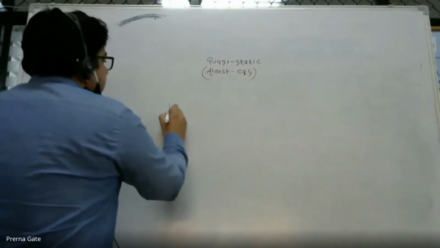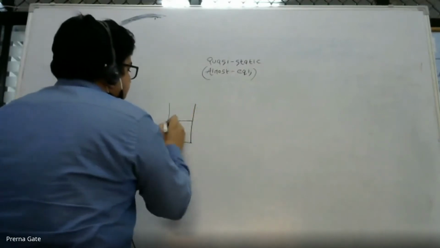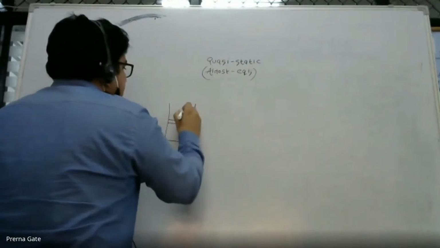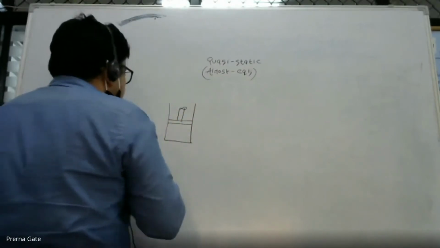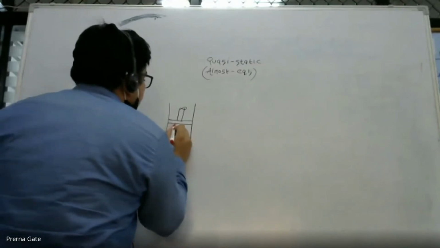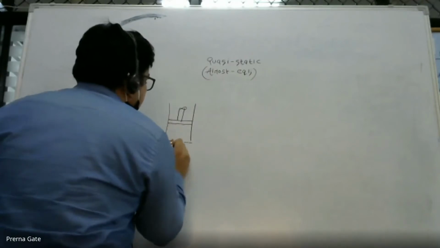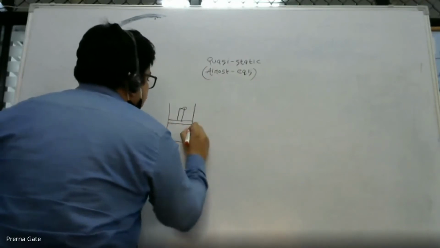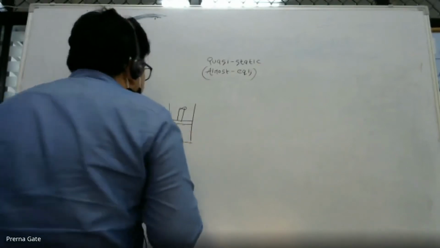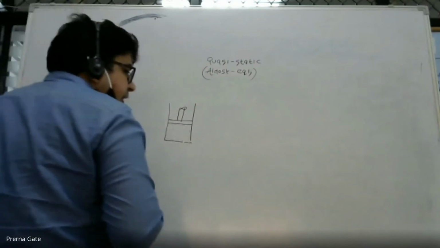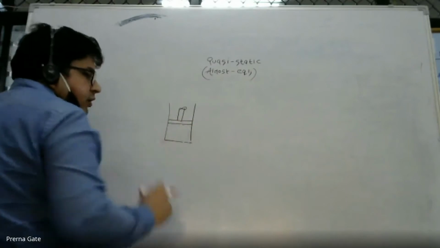So this is a piston cylinder arrangement, and our system is ideal gas, and I'm marking the boundary of our system by a dotted line. So this is our system which I have assumed as an ideal gas. Okay, so the piston is compressing our gas,